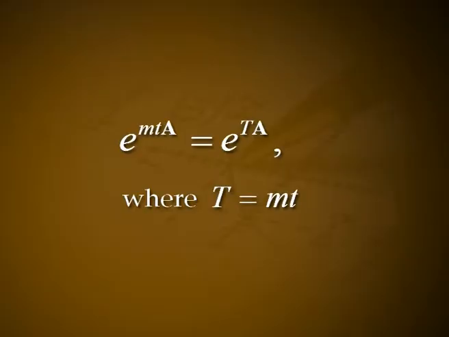First, we choose a value of t which is so small that e^{tA} can easily be computed. Then we use the properties of the exponential function to compute e^{mtA} = (e^{tA})^m, where T = mt is the desired interval length. After this has been done, one step in the computation consists of multiplying the solution vector by the matrix e^{tA}.